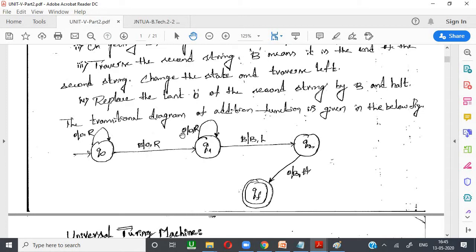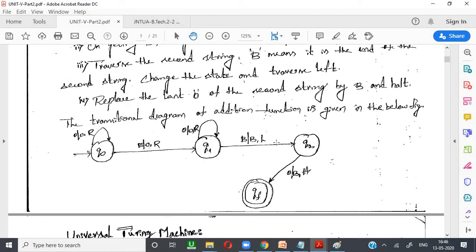Now also if I find 0, I am keeping it as it is and moving right side, until the tape ended. So generally how can we measure that the tape ended? It contains blank, that will be the end. I am keeping b, the blank space, as blank and moving left hand side, and I am moving to another state q2. Here if I get 0, I am replacing it with blank and halt will go, which means we are reaching the final state.